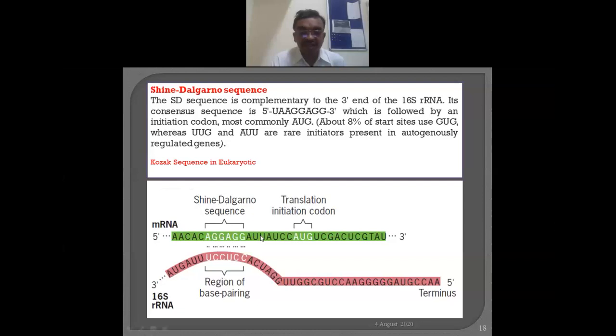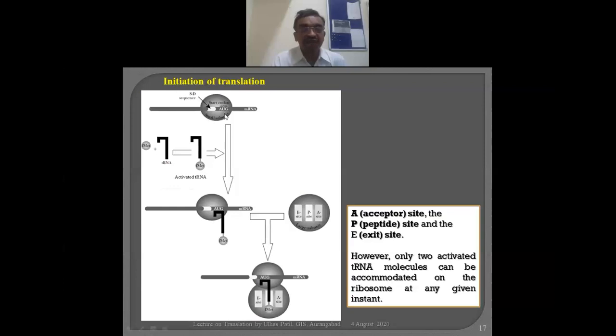Okay, and in the smaller unit, we know that there are several different types of RNAs, particularly 16S RNA. They form the complementary structure, and in that way, the structure gets formed. Initially, the mRNA and the small unit come together. Then another